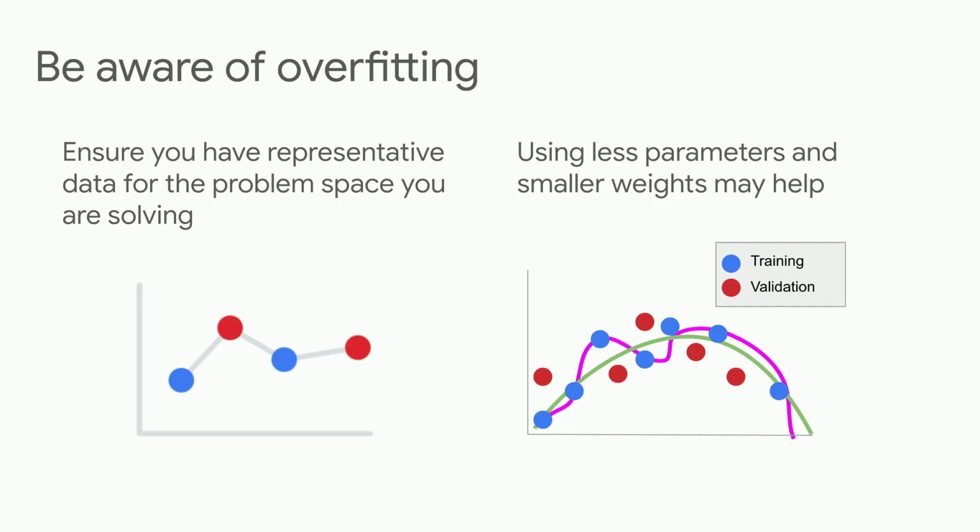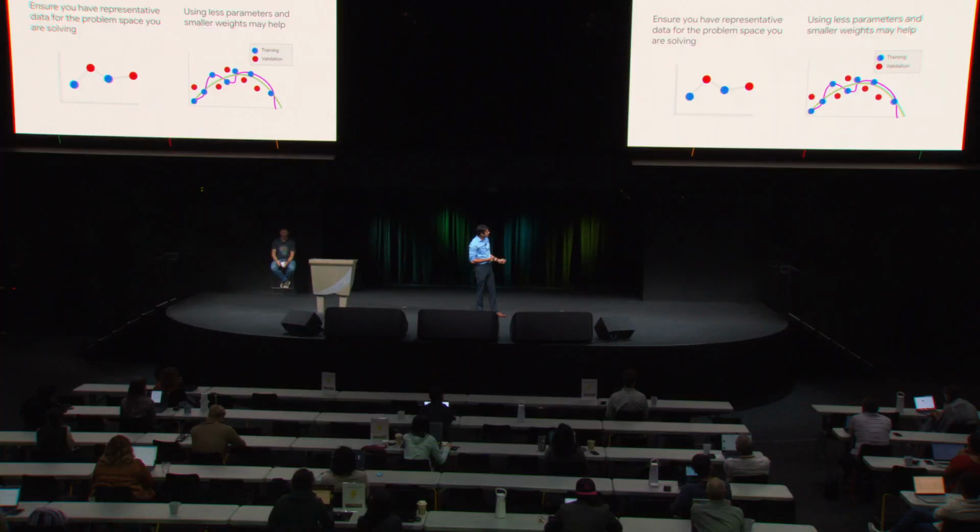Why? Because when we have new data coming in, our validation data set, you can see that it strays quite far from the magenta line. In this case, if you had a simpler model, just a parabola, which could basically be explained by one or two parameters, that will actually do a lot better for larger sets of data. So sometimes using fewer parameters is better, sometimes using smaller weights is better,